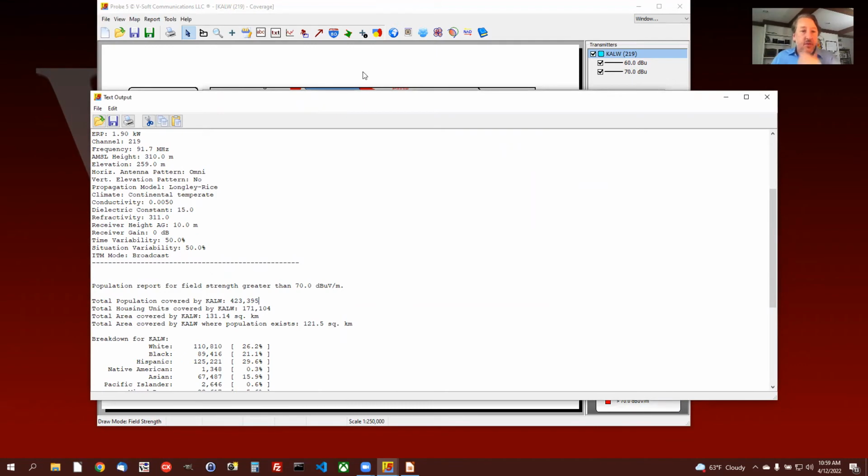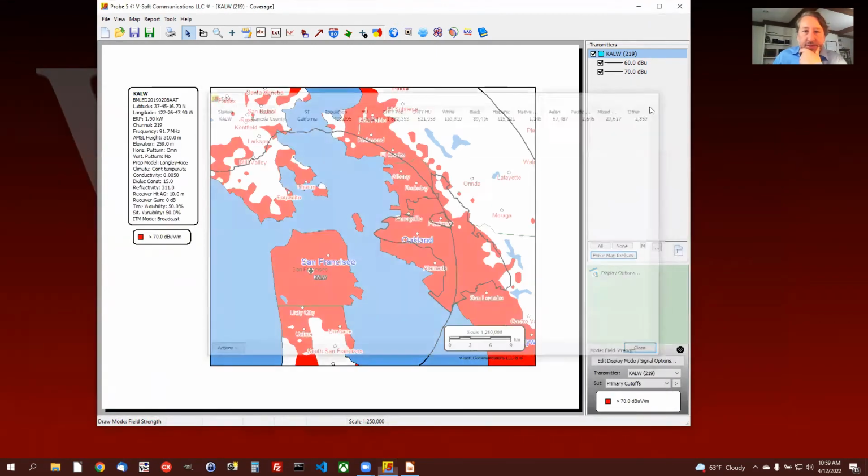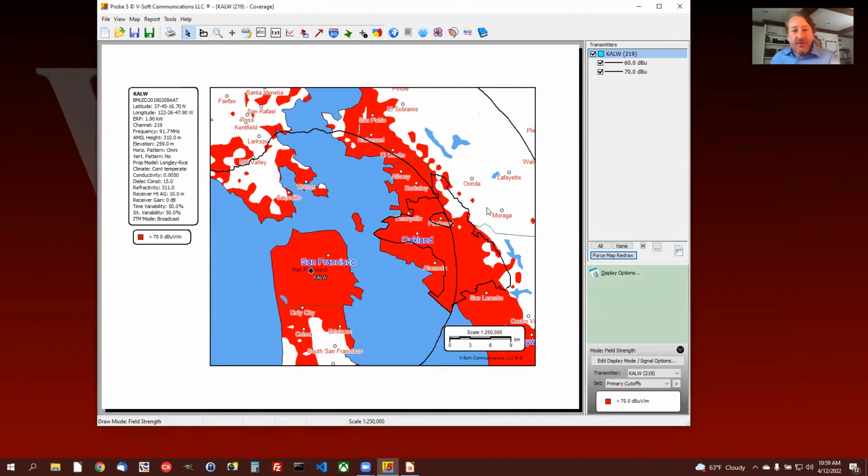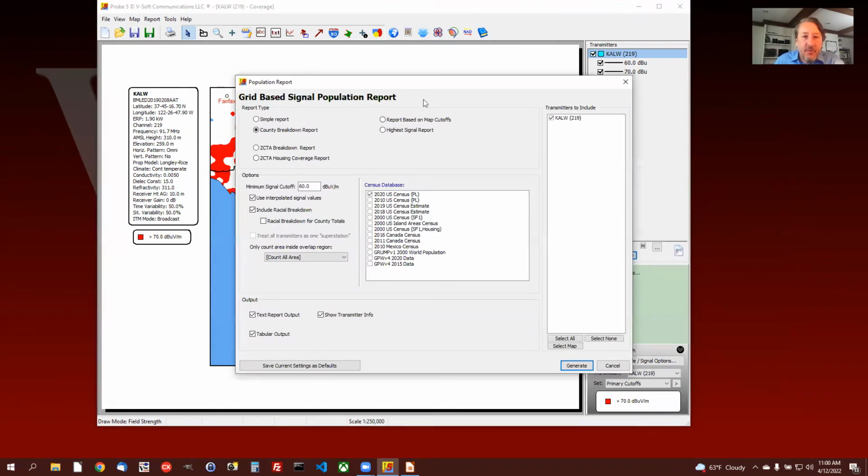All right, so that's a more advanced feature, obviously, of how you do that. But that's something that I get asked about fairly frequently: how do we determine what the coverage is within a particular polygon. The one other thing I wanted to talk about on our pop report, on this grid-based signal pop report,